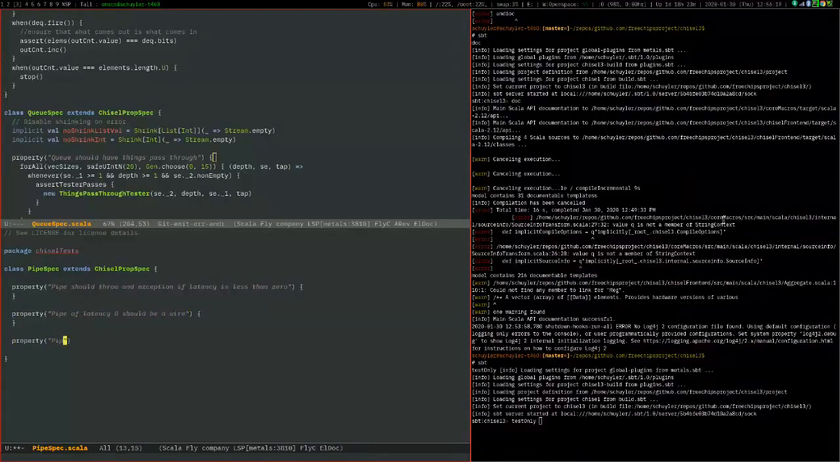Property, pipe of latency 1 should delay signal by 1. Property, pipe of latency 8 should delay signal by 8. Okay, this last one is probably superfluous relative to the pipe of latency 1 should delay the signal by 1, but anyway, it's not exactly hurting anything to then do this. So, all right. So anyway,